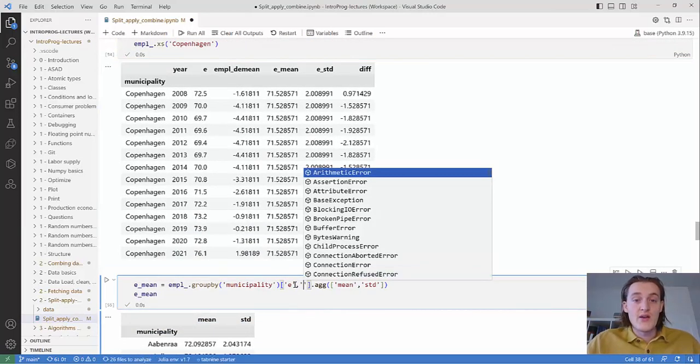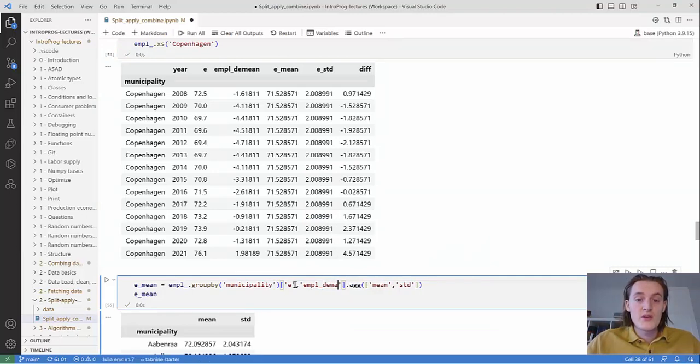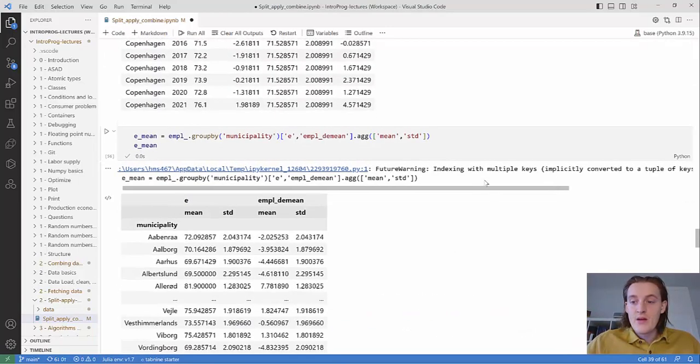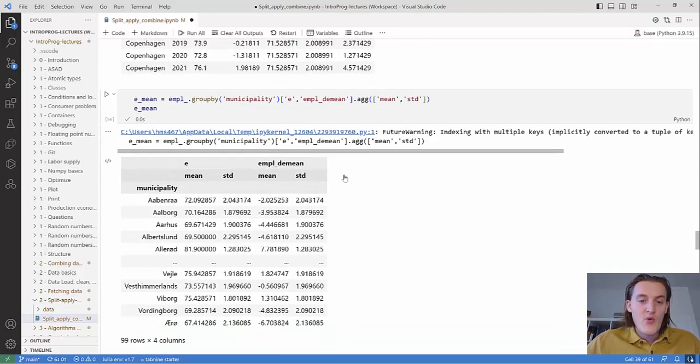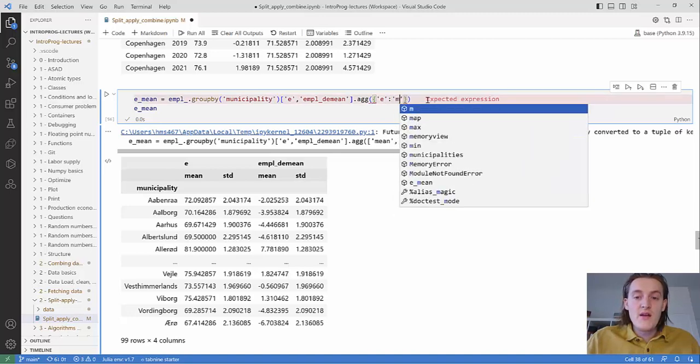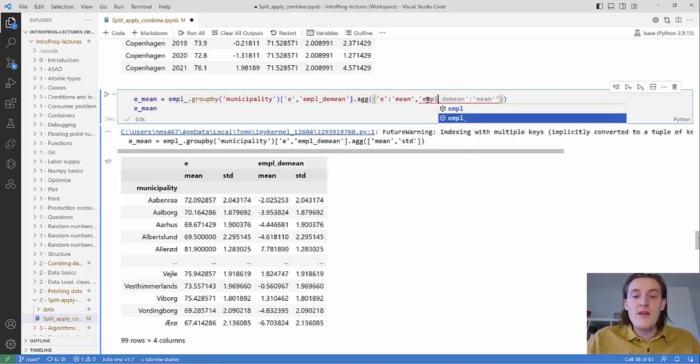You could also imagine that you had multiple variables that you want to do this on. So for example, the mean, impl mean, and there's a small warning here because I did something a bit wrong, but then you get a multi-index columns thing out here, where you calculate multiple statistics for each. Typically, you don't want to just explode with statistics. So maybe what we actually wanted was to calculate the mean for E, while for impl d mean,